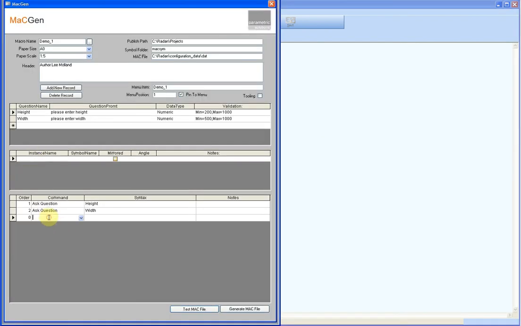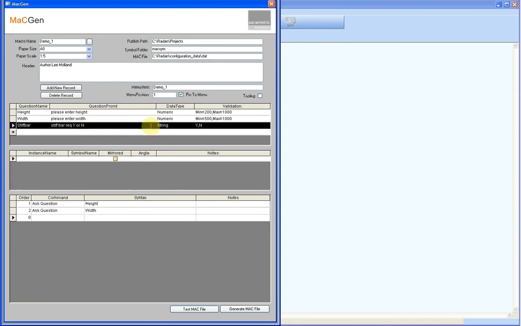Alright, the next thing I want to do, I'll add another question here called stiffener, or stiff bar. Stiffener, stiff bar required, yes or no. This is a text, either uppercase Y or uppercase N, so we put the validation there, only uppercase N and uppercase Y allowed. So I want to ask this question, stiff bar, if the height and the width is, say,